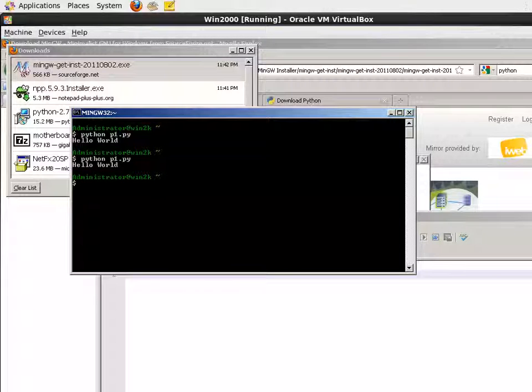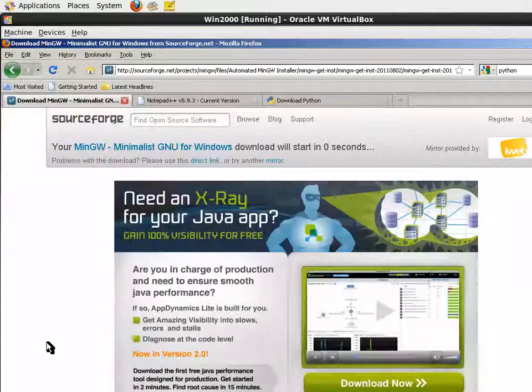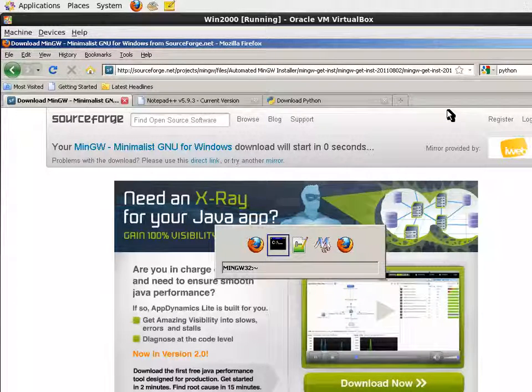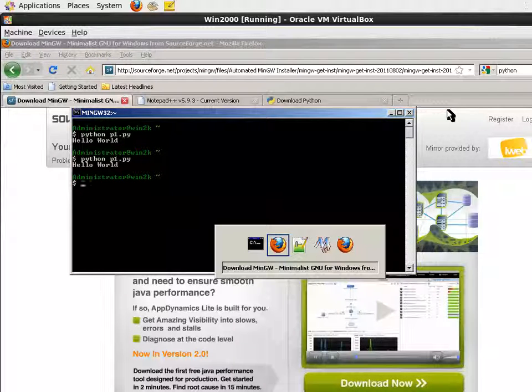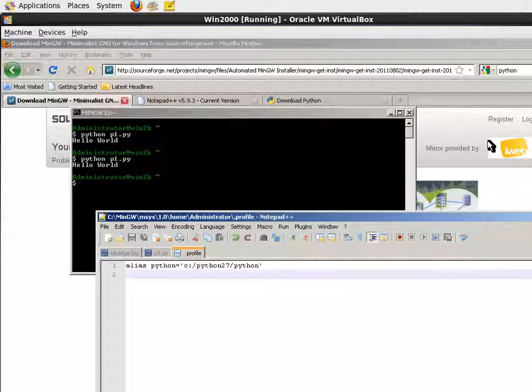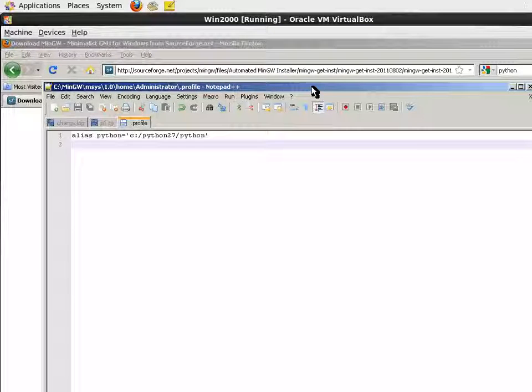There you go, boys and girls. You now have a terminal, and you can get rid of all this other junk off your desk. You don't need all that stuff. You just need the terminal and your editor, Notepad++. And you can pop back and forth and do your programming